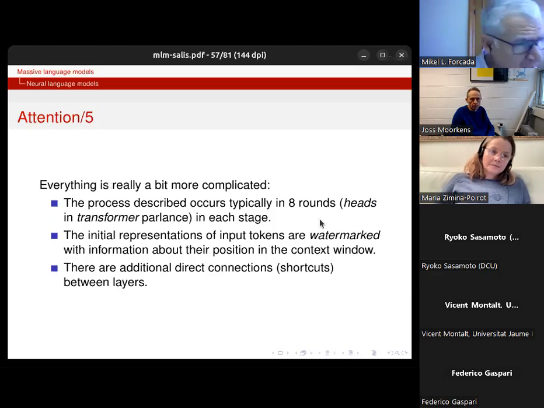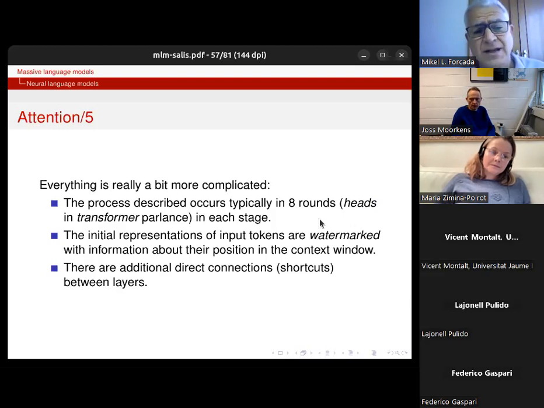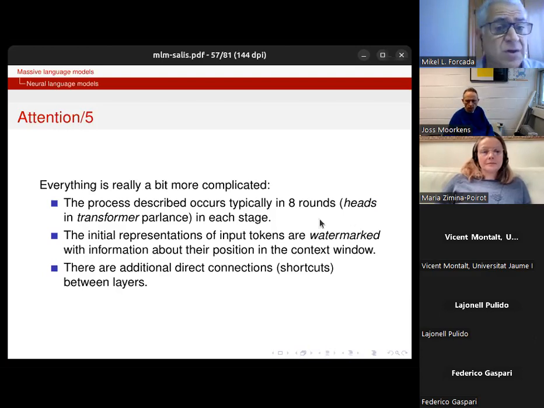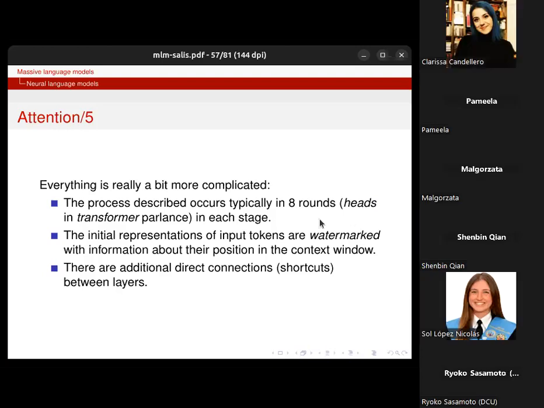And in fact, everything is a bit more complicated. The process described, the mating process, occurs in 8 rounds. These are called heads in transformer parlance. So the mixture of genetic material is the result of 8 rounds of mixing, and